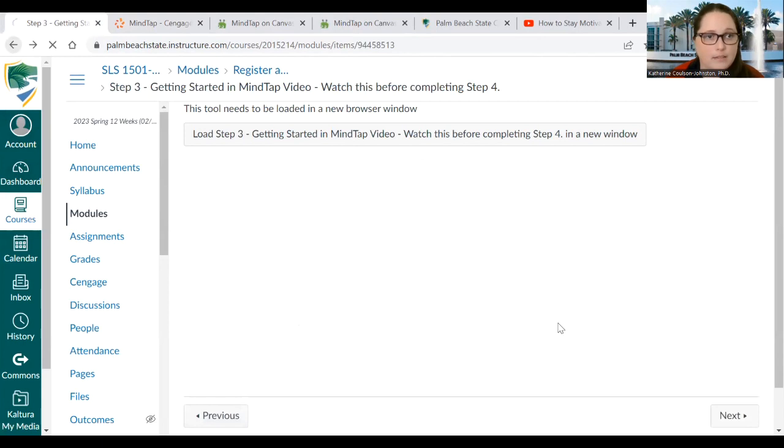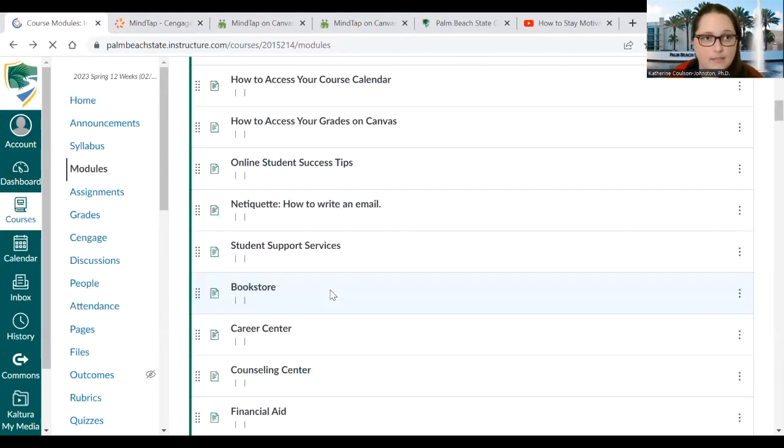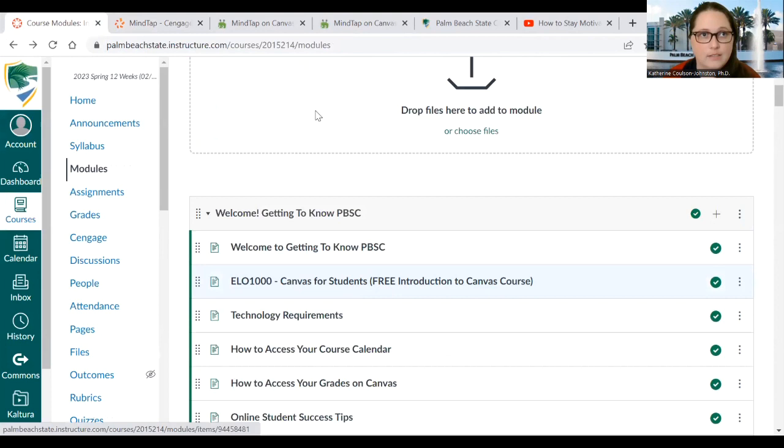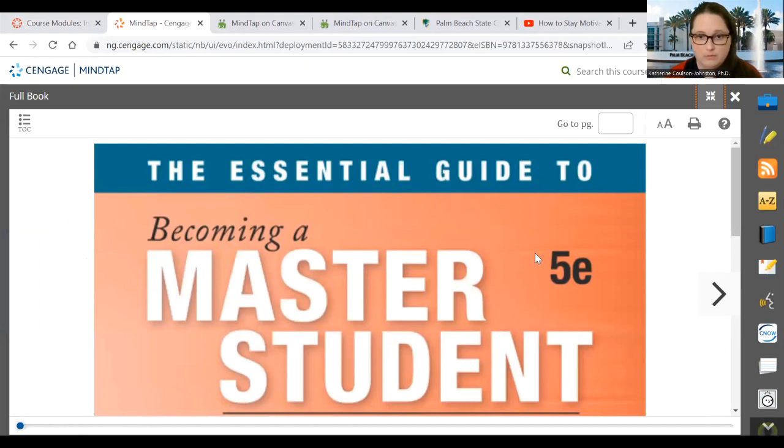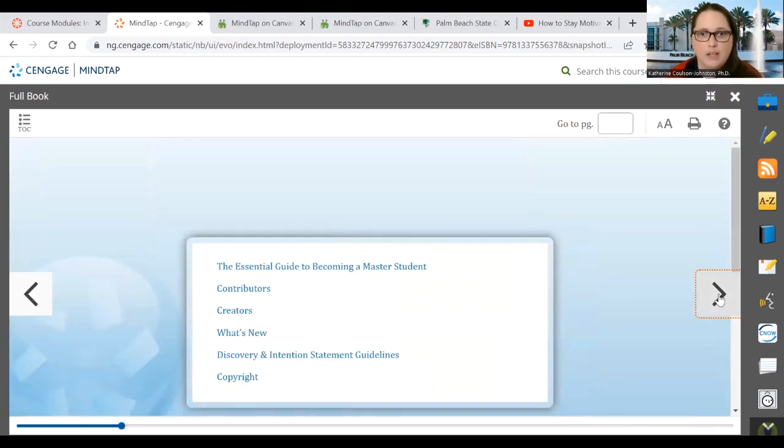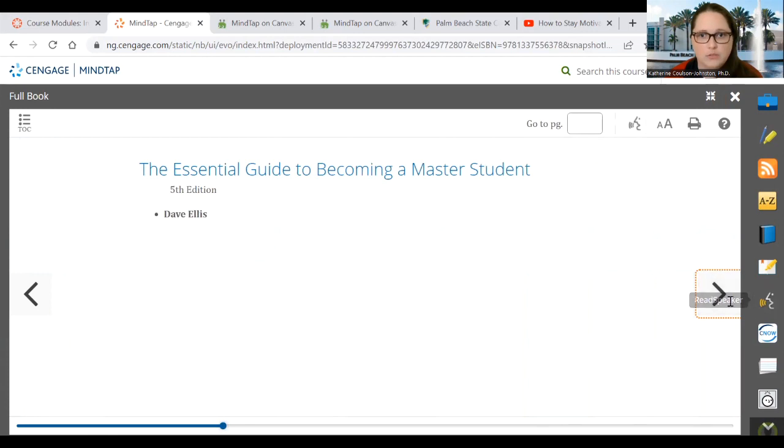Let me go back. One more thing I want to talk about in MindTap. If you just rent the single term online digital copy, you'll have this for the duration of the spring 2023 semester. And this is the textbook. Some students prefer a hard copy book that they can take notes in, and I'm a hard copy person myself. But if that's not what you want, you can literally get the textbook online. Also, the links are clickable.